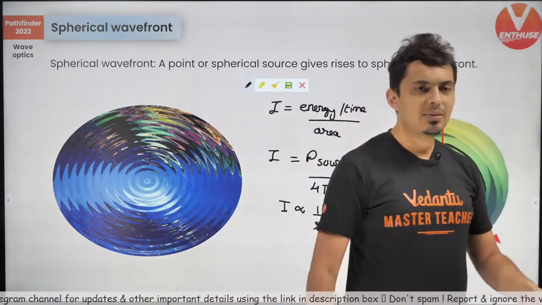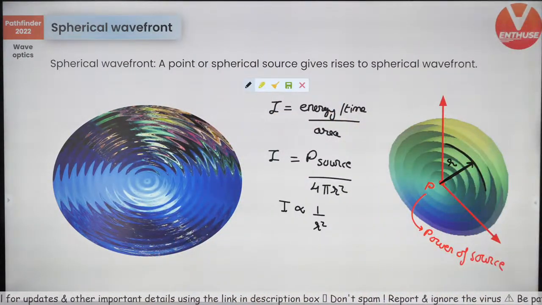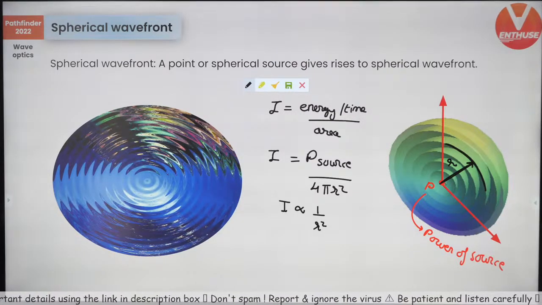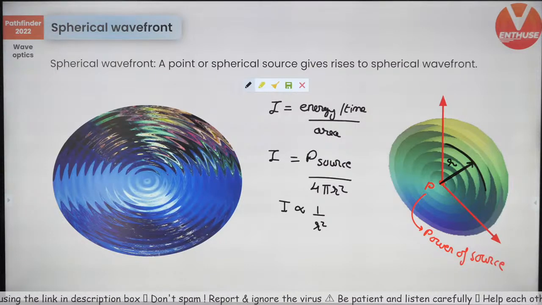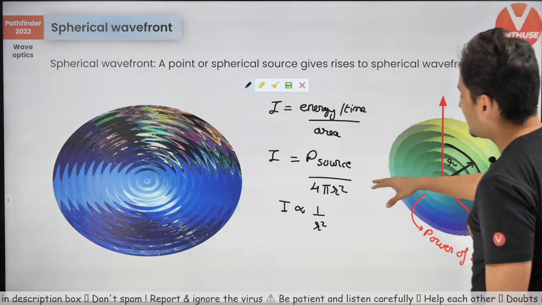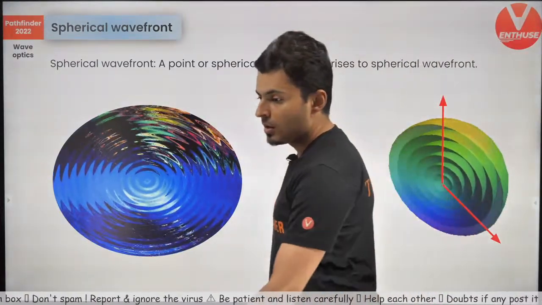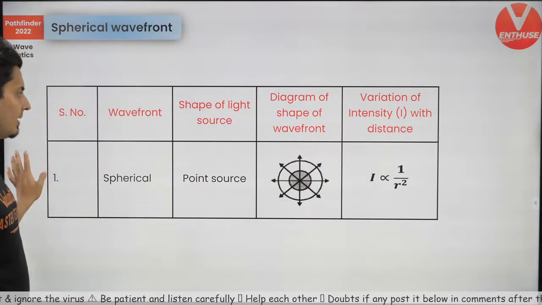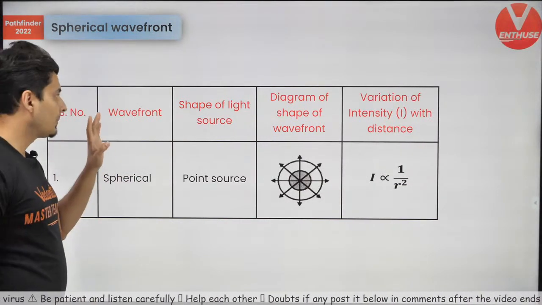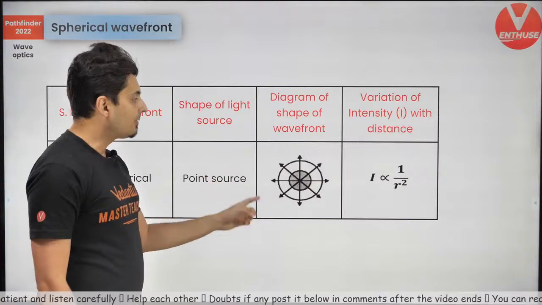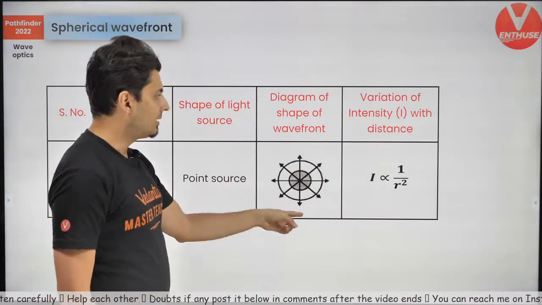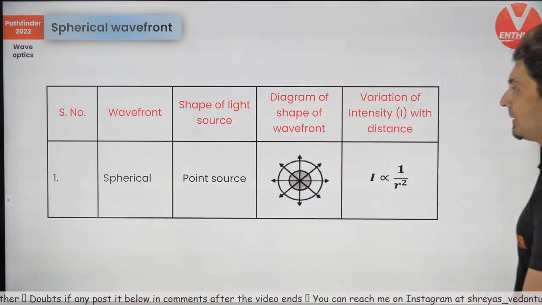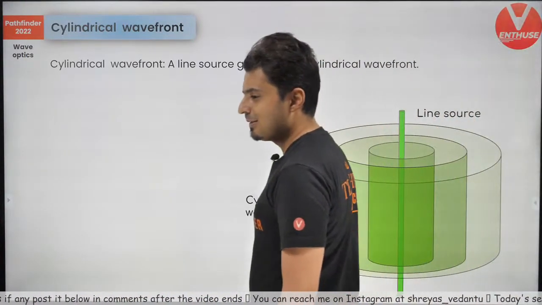Let me know. This is a very, very important slide. Please make note of it because you need to visualize how a spherical wavefront actually looks like. Only when you can visualize it, then can you actually think about why intensity is power by 4 pi r square. Moving on to the next one. Okay, so this is a very important slide. Again, it will be given to you in the PDF. So a spherical wavefront is created by a point source and the wavefronts look like concentric shells and the intensity is inversely proportional to r square. Keep this in mind. Second is the cylindrical wavefront.